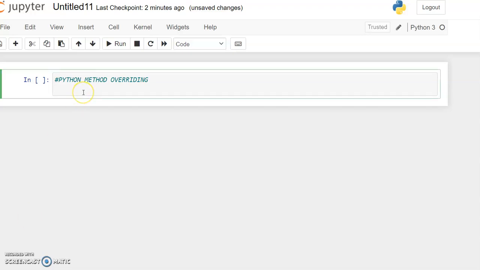Today we are going to discuss Python method overriding. Overriding is nothing but having a method with the same name and arguments in both base and derived classes.